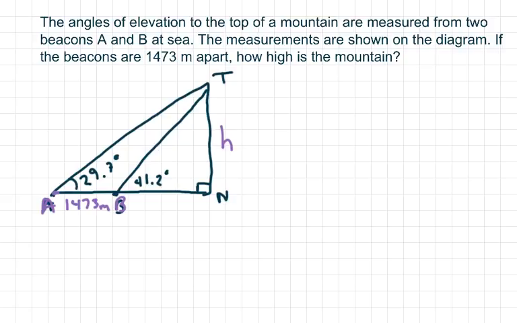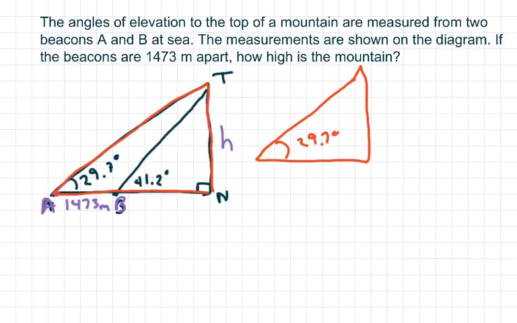Okay, so what I usually do here is separate out both triangles. I'm going to draw the larger triangle first and separate it out and draw it here. It's not going to be exactly the same, but this is my larger triangle. This angle is 29.7 degrees, and this is H. We don't know what this part is here. So this total from here to here is going to be